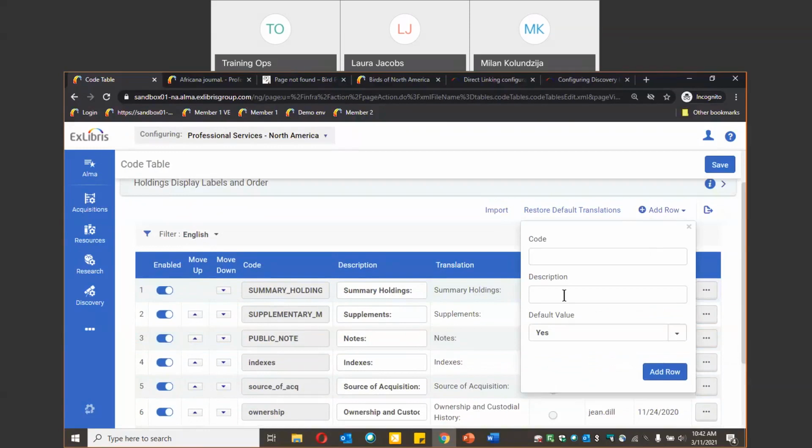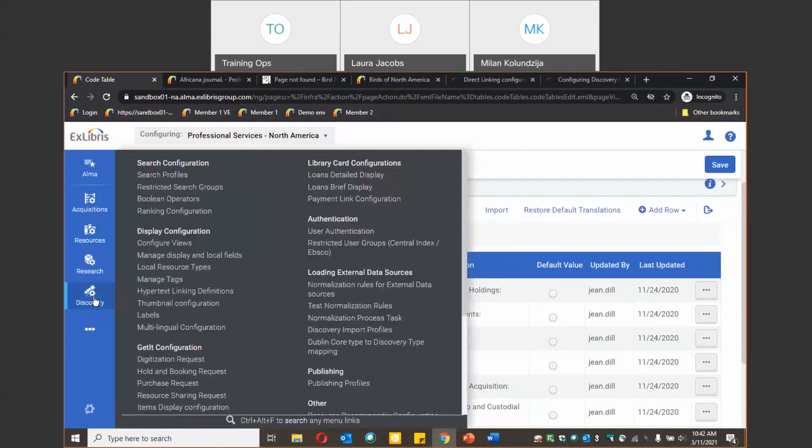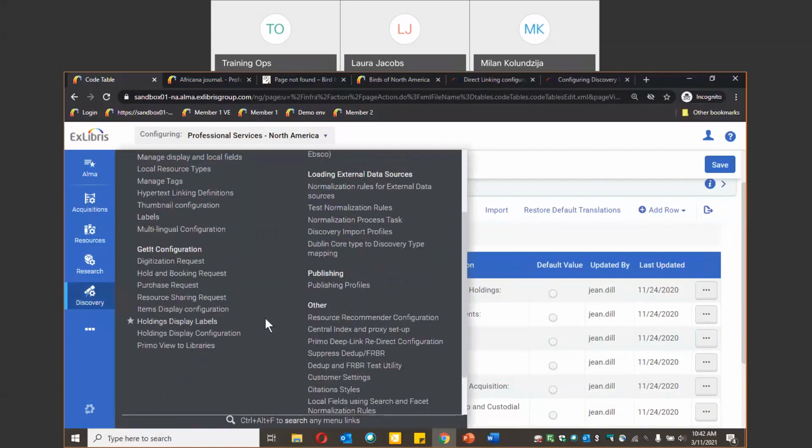The description is the label that actually displays to your user, and then you can select one default value, but you don't need to have a default either. So this is just the labels, so you're not actually linking this at this point to any of the holdings fields. And then the second table we're looking at in the discovery get it configuration area is the holdings display